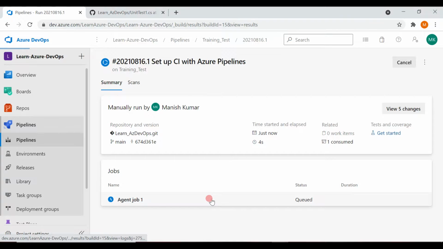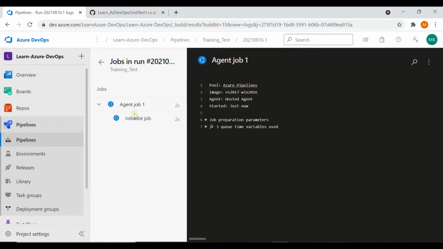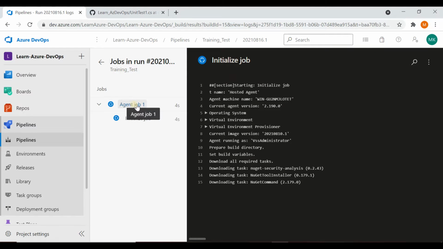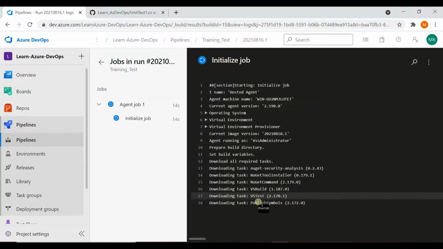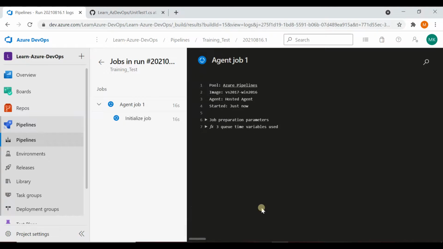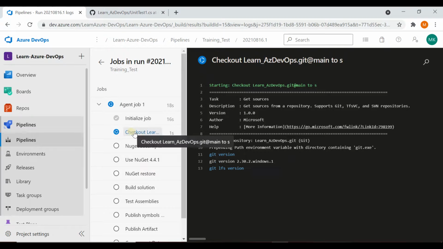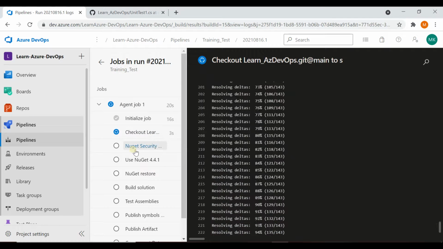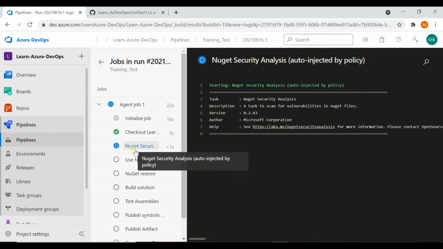If you want to see what all is going on, it started working. See, your agent has started, it's initializing the jobs. Once the job is initialized, it's downloading and installing the required things. Now it will check out your code in the new agent,